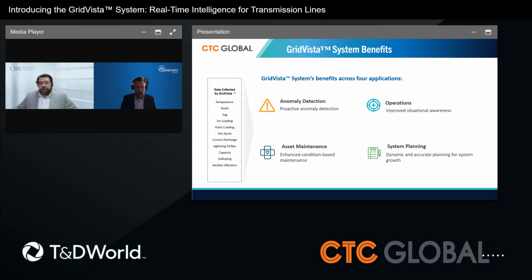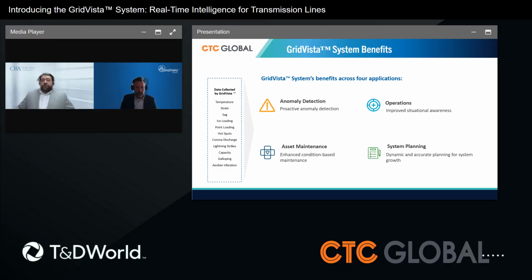Going back to the initial analysis, the CRA looked at multiple use case studies and tried to utilize data across multiple regions, markets, ISOs, RTOs, and utilities. The CRA team also analyzed the use and impact of the GridVista system as compared against regulatory requirements across NERC, regional entities, and multiple regulatory commissions and bodies. Just a few minutes ago, David discussed the 4 major enterprise capabilities impacted by the GridVista system. CRA started the evaluation of the potential benefits of GridVista across those 4 areas: event detection, operations, asset maintenance, and system planning.